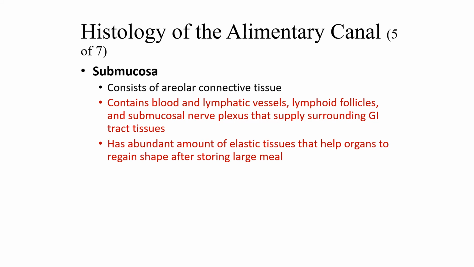So the submucosa is connective tissue, and it contains blood and lymphatic vessels, lymphoid follicles, nerve plexus. These are all going to supply the GI tract tissue, not necessarily absorb nutrients, but to provide nutrients, oxygen, exchange of gases with the surrounding gut tissues. There's a lot of elastic tissue. That makes a lot of sense since everything has to move, and you need the ability to contract, relax, enlarge,